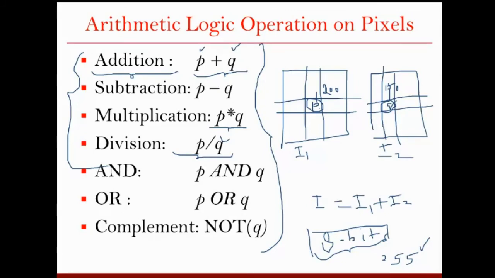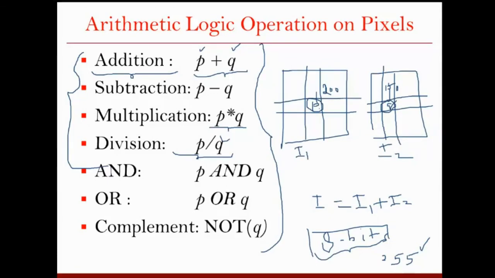Or sometimes, in video, you want to subtract the background. Whatever you have in your image, you just want to retain the foreground object and remove all the background. For example, you have taken 2 pictures, one with the person, another without the person. If you subtract the image without the person from the image with the person, you will get the object which is the person, right? So in background subtraction, you can use the subtraction operation. Is that clear? So there are some applications where these operations will be useful.